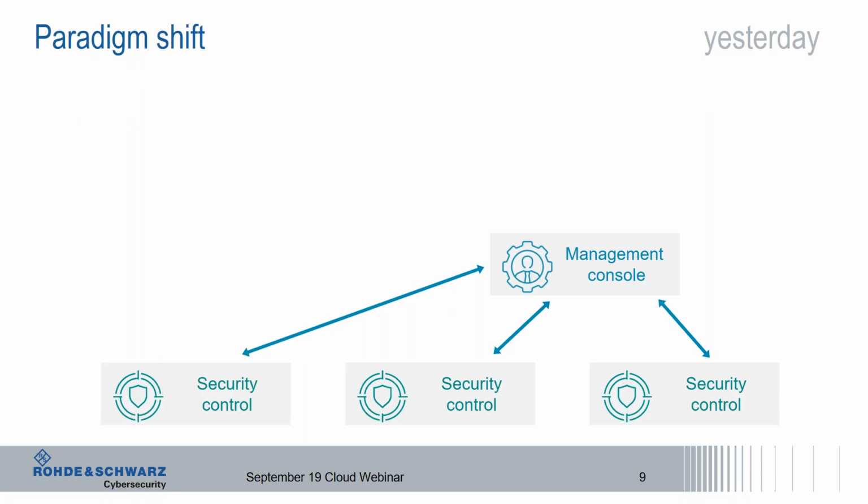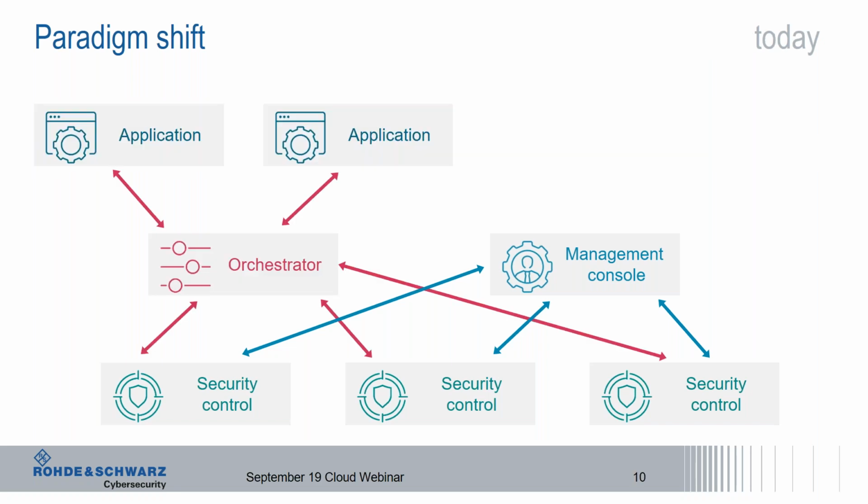For us, the paradigm also changed a little bit, because yesterday we used to have a management console that handled all our WAF instances and directly pushed the policies and received the logs. Through the management console, you can see aggregated reporting. Now it changed a little bit, because an orchestrator like Terraform, for example, will need to connect to